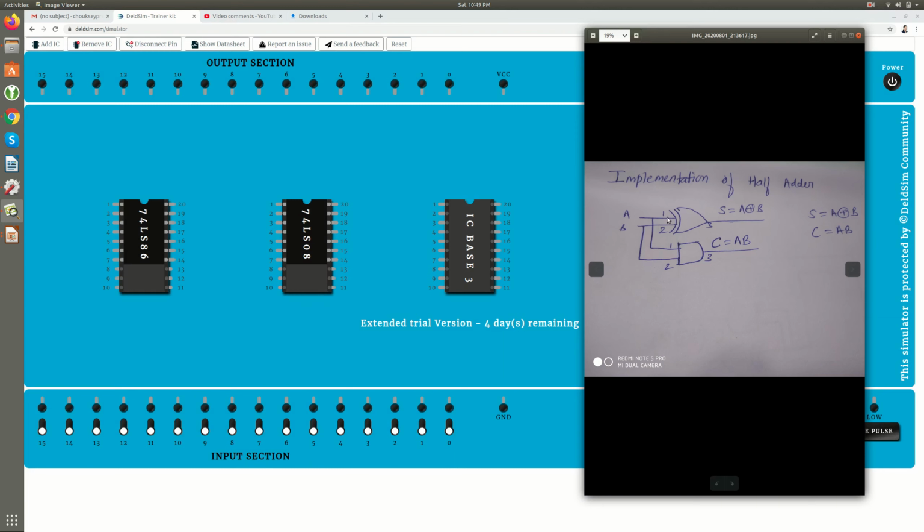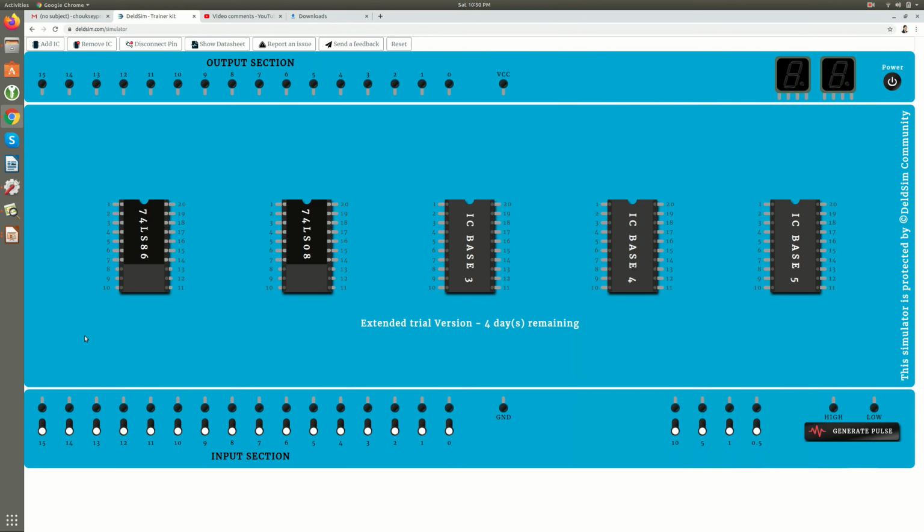Right, now just see the circuit. Here two inputs are there, A and B. So we have to take two inputs from this input section, and 3 is the output of this XOR gate. So I'll take two inputs from this input section to the XOR IC, and 3 is the output pin.